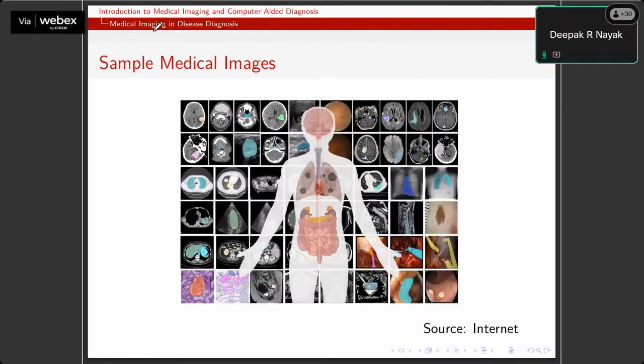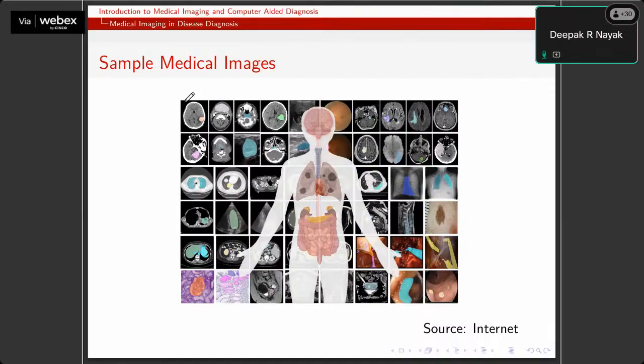So let me show you some pictures which I've taken from a research paper recently. Here is just a glimpse of different types of medical imaging modalities. Medical imaging is the process, and the medical images are nothing but the output of that process, which you get in the form of digital images, and that is why we're interested in processing this kind of images with the help of digital computers.